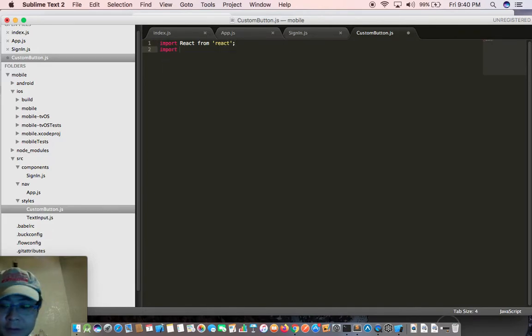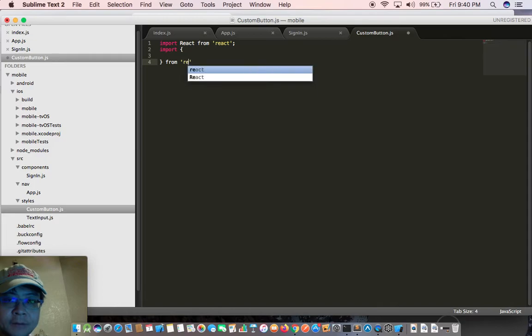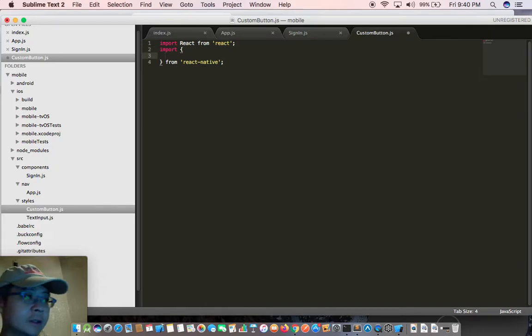And we also need to import all the React Native components from React Native. So what do we need here? We apparently need StyleSheet, TouchableOpacity, Text, and Dimensions,